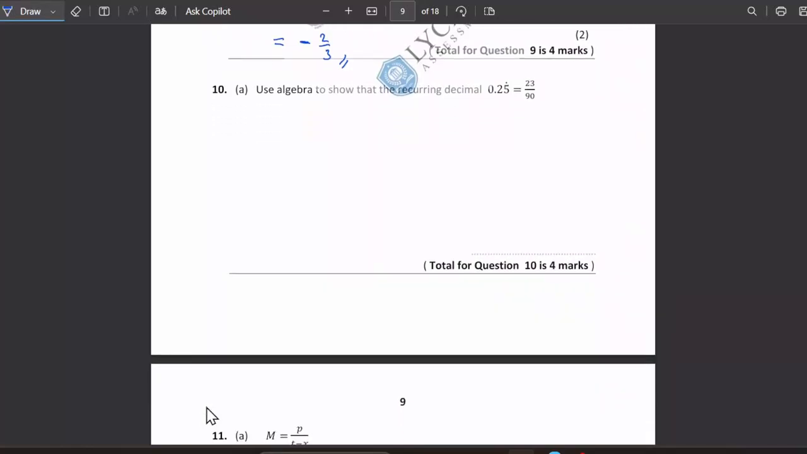Now 10. Use algebra to show that recurring decimal 0.2 recurring 5 equals 23 over 90. Okay. So the first thing is identify how many numbers are recurring. So you can say there's only one dot. Therefore, only 5 is recurring. You can write it like this. Okay. So I'll take first this as x, and then if there's only one recurring number, I multiply this by 10. So then 10x